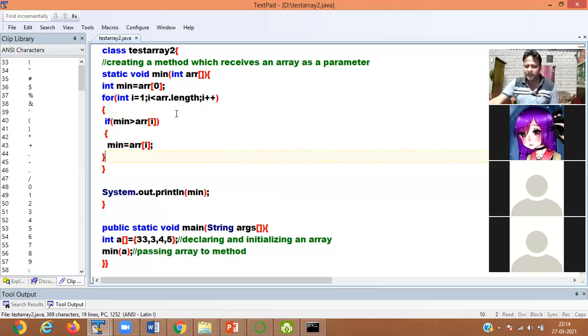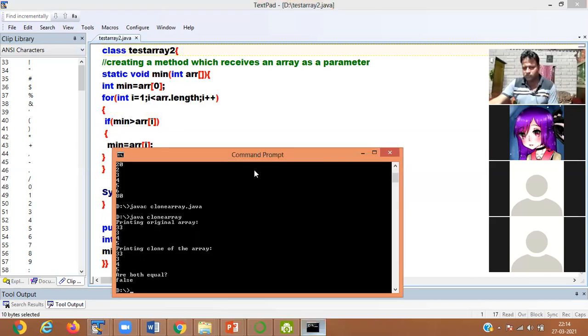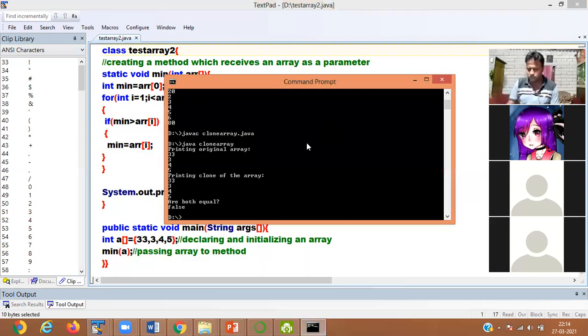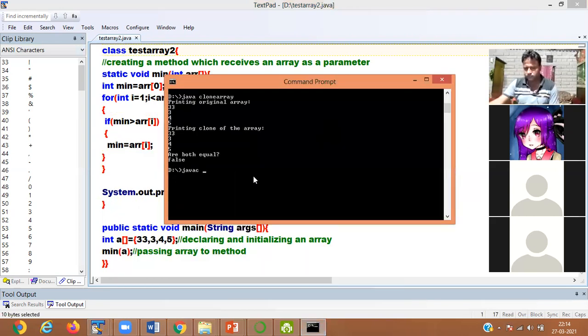Now I run the file, which checks the minimum number. So minimum is 3. Clear this one?